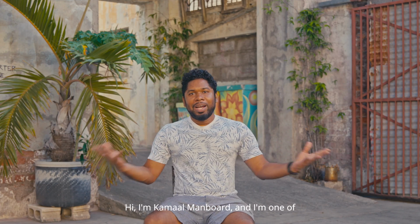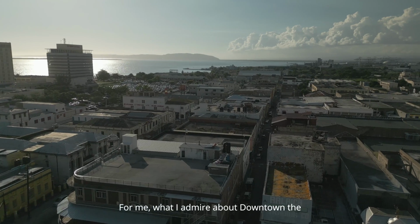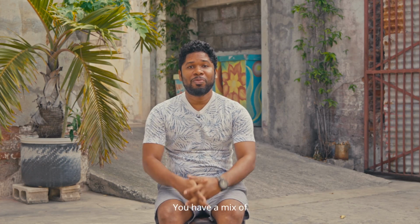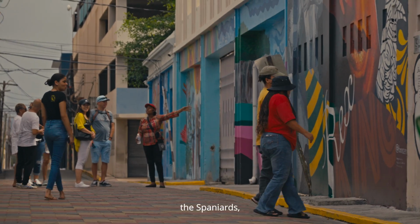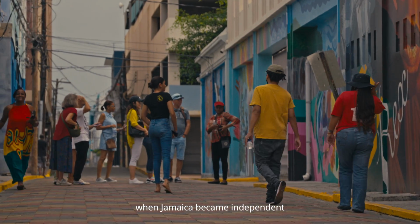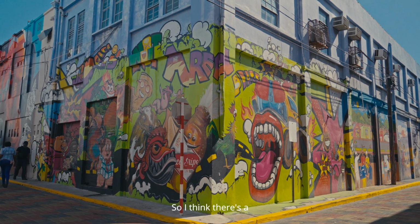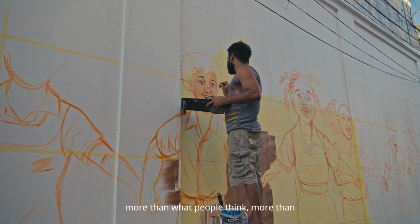the arts. Hi, I'm Kamal Manboard and I'm one of the muralists for the Paint the City Phase 4. For me, what I admire about downtown the most is its architecture. You have a mix of Georgian, Victorian style architecture, and you have brickwork coming up from the Spaniards, coming all the way up to the English, to when Jamaica became independent and we started adding our own flavor to everything. So I think there's a lot of potential downtown, more than what people think, more than what